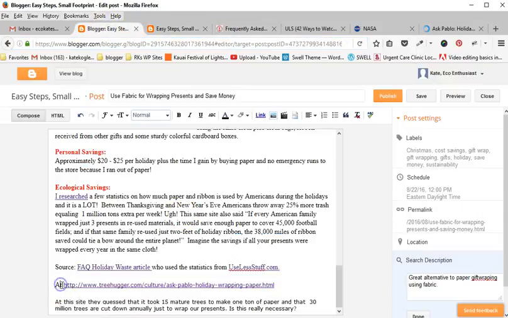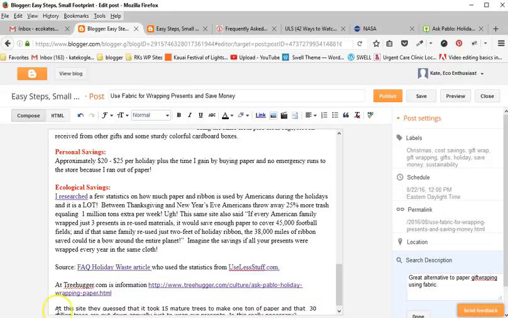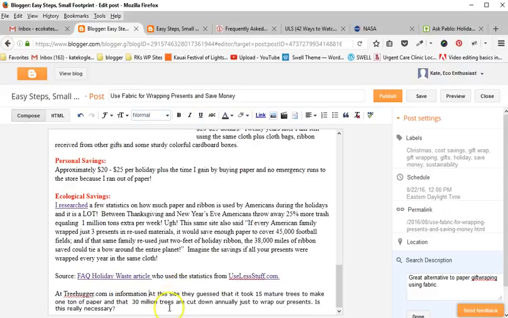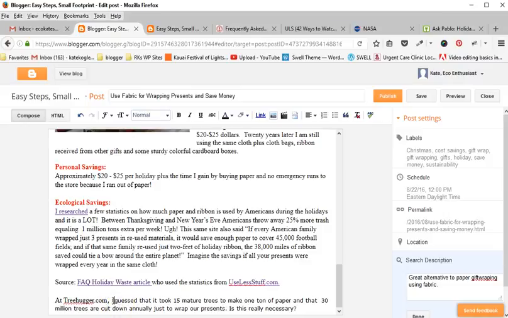And then you can say at treehugger.com is information, and I'm just going to blend that statement. There. This site, they guessed, there is, okay. At treehugger.com, they guessed that it took 15 mature, okay, so I'm going to go and grab treehugger, okay, at